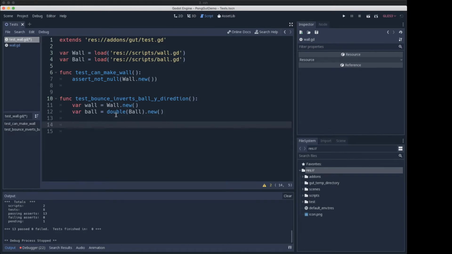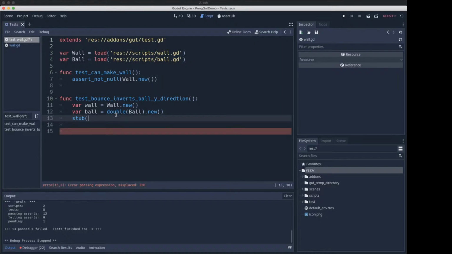Well, first off, we've got to give the ball a direction. So let's go ahead and stub. This is how we fake out methods. We're going to stub the ball's get direction method so that it returns a specific value. So we're going to stub ball get direction to return